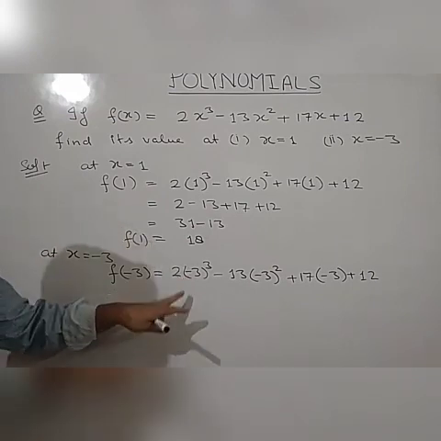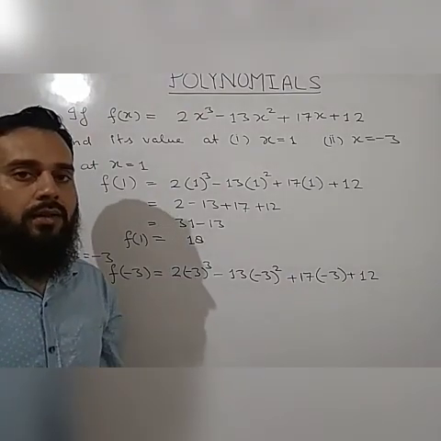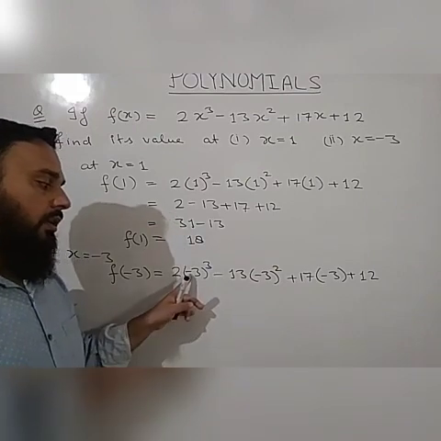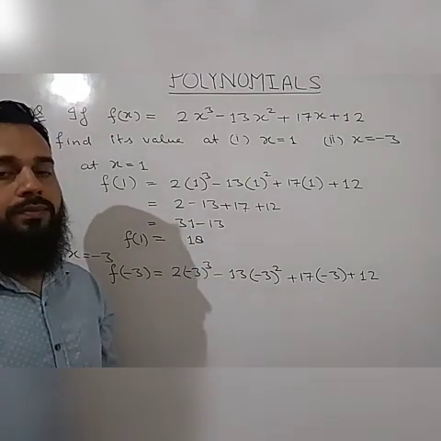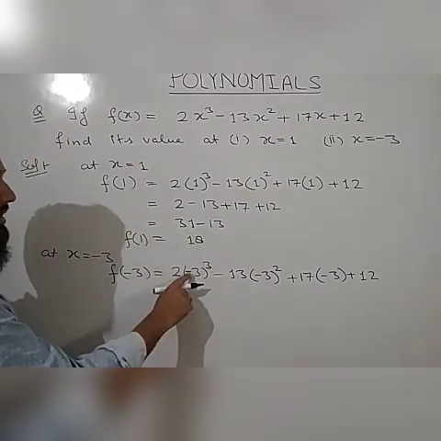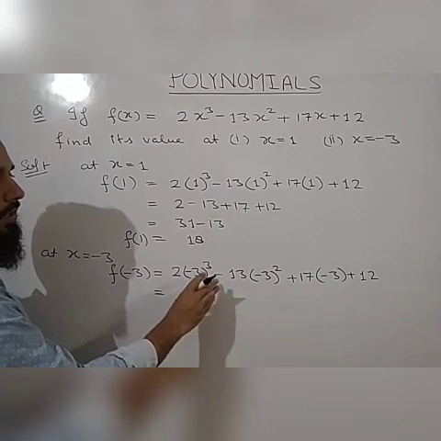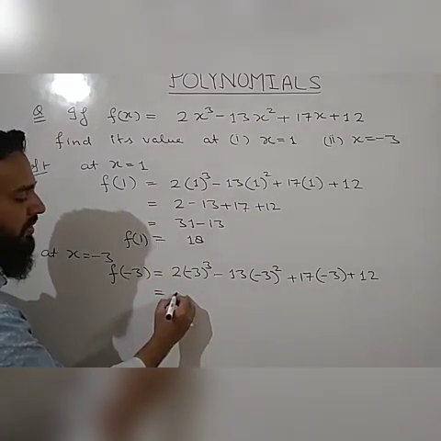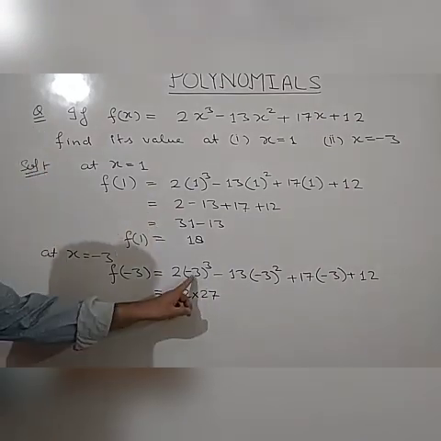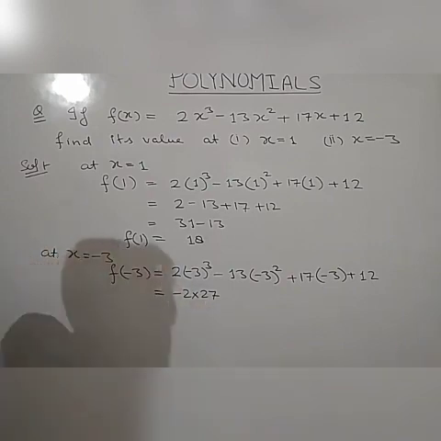You know that whenever there is a negative sign and the power is even, then that negative sign will be converted to positive. And whenever the power of a negative sign is odd, then it will always be negative. So here it is minus 3. Minus 3 cube will be minus, and 3 cube is 3 3s are 9, 3 9s are 27. So it will be minus 2 into 27. This minus sign will be taken out. It will be minus 2 into 27.